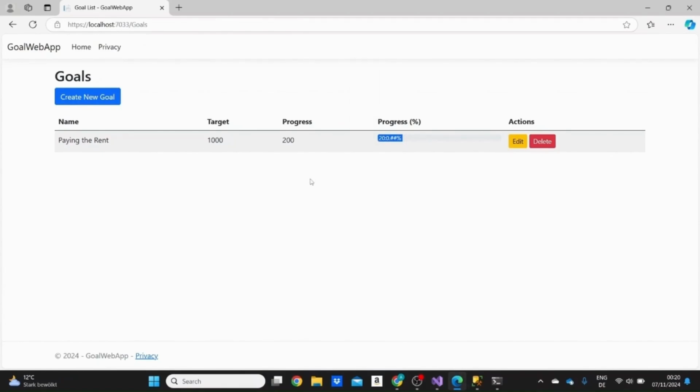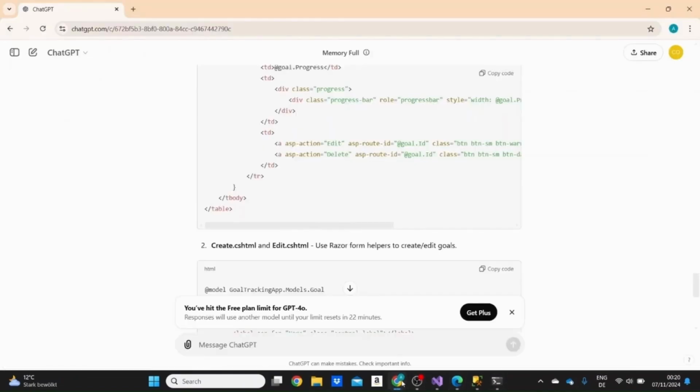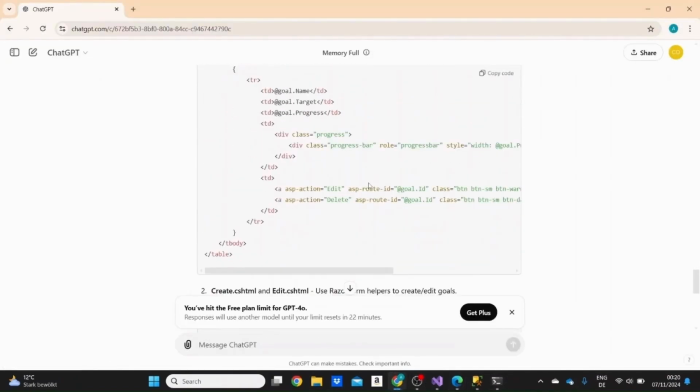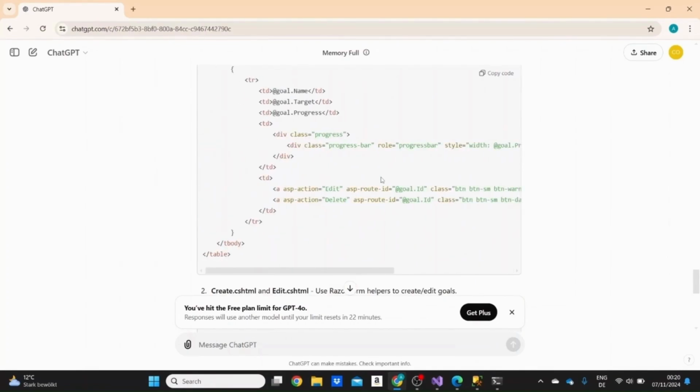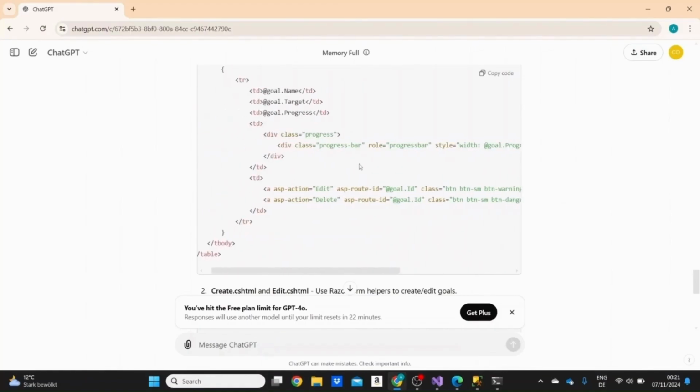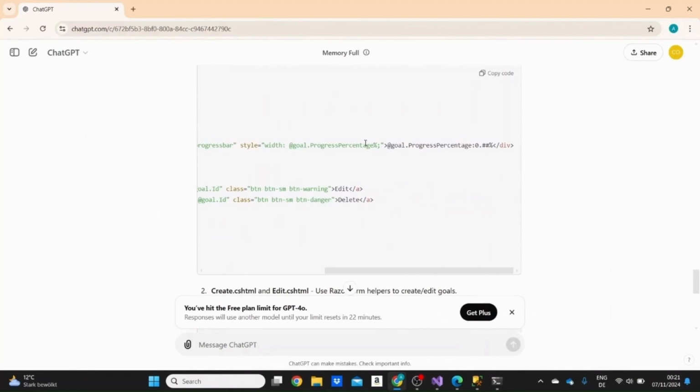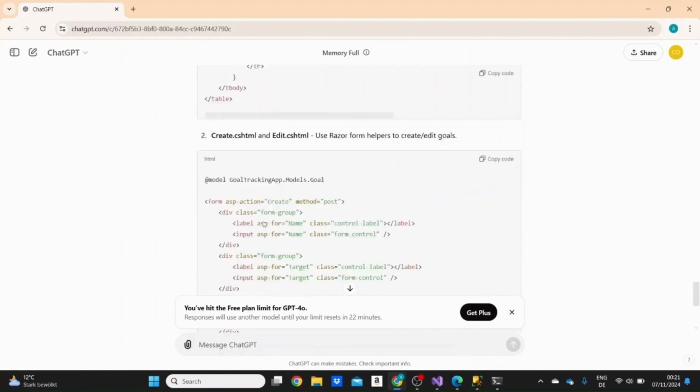Okay, the representation here is a bit messed up. The first thing I'm gonna ask the chat is to change it a little bit and not display it in a table. I'm gonna make the request here so that the color of the progress bar also gets changed, since in our case here, chat only takes care of the width of the progress bar depending on the progress percentage. So I'm just gonna write here,